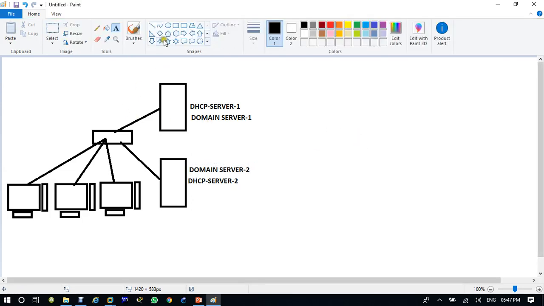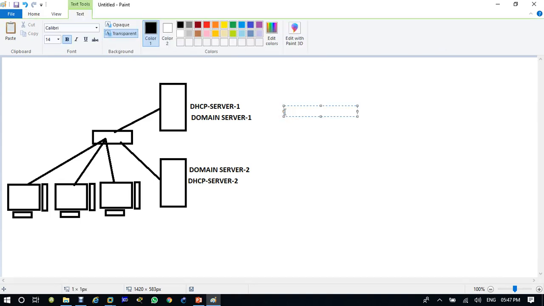So if you have two servers, now you have two options: whether you want to take the work from these two servers as load balancing or as fault tolerance.